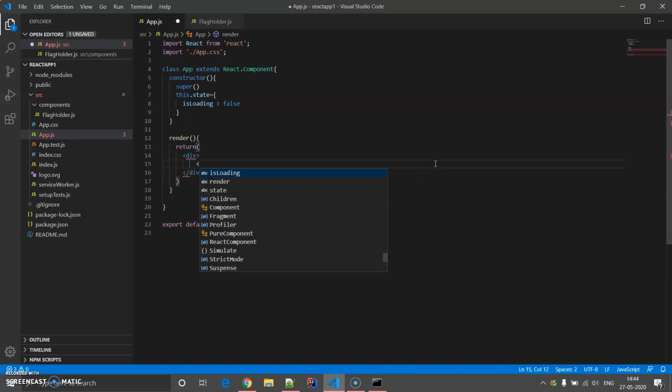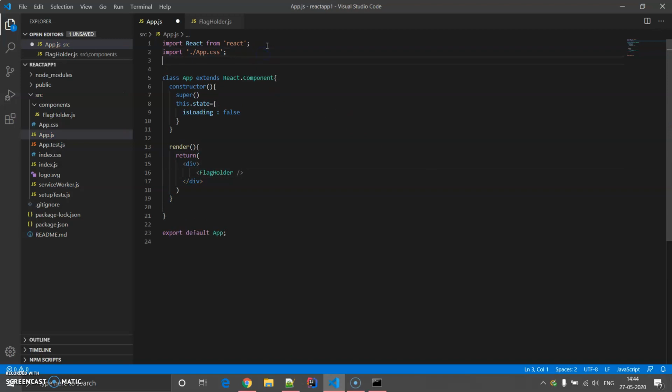We're going to take a tag here, FlagHolder, and don't forget to import the same, from ./components/FlagHolder.